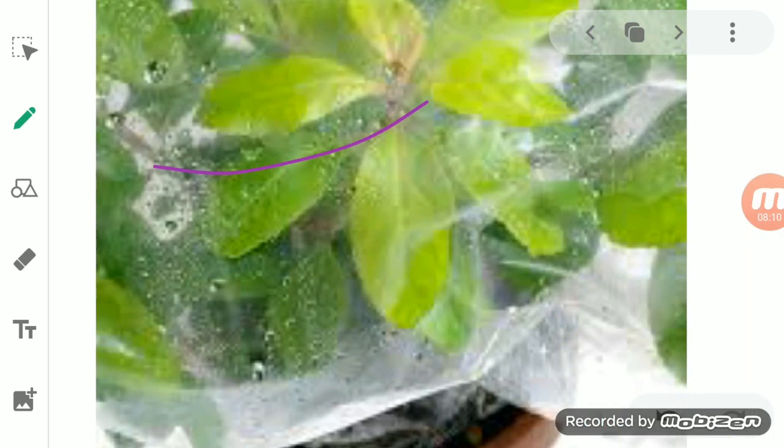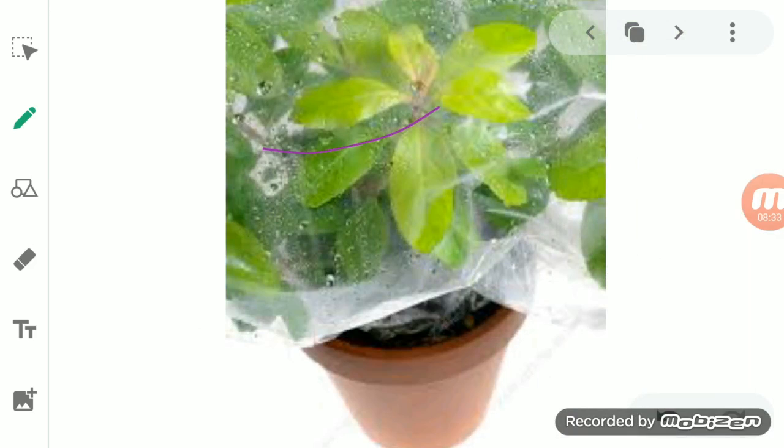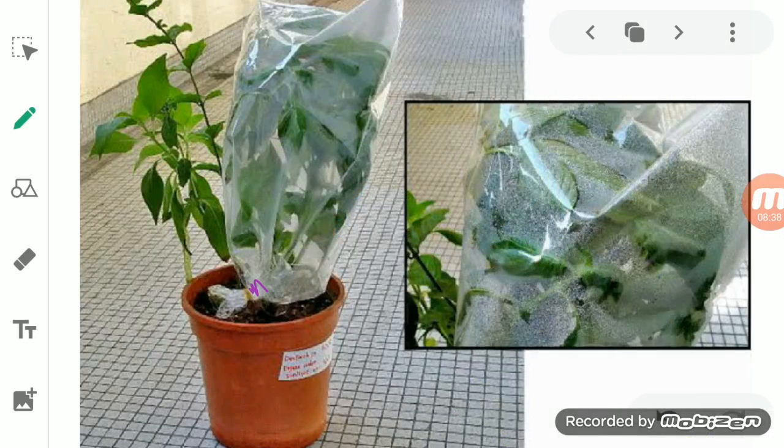Not only that, sometimes you will see that the polythene bag contains water vapor, which is also water droplets only. Now see here, the leaf of the plant is covered with the polythene bag. Earlier, when it was uncovered, is there any water droplet here? No. The water droplets are present only at the part of the plant which is covered with